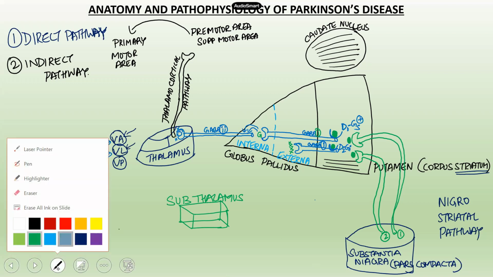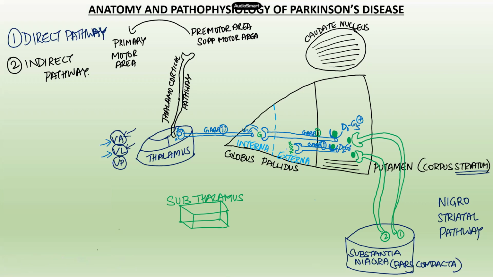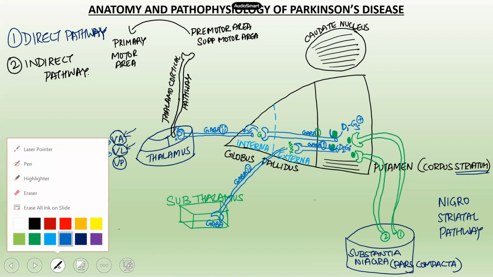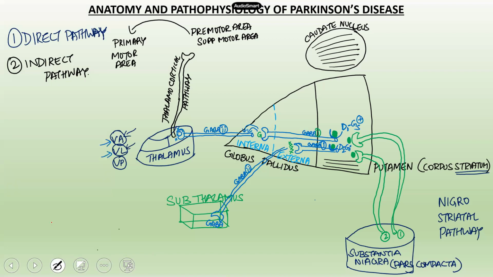We have got another GABAergic neuron that travels from the globus pallidus externus towards the subthalamus. Now, since GABAergic neuron number 1 was not able to inhibit the GABAergic neuron number 2, it will release GABA over here. Right. Now, from the subthalamus, relay impulses go towards the globus pallidus internus. And these are your glutamate neurons. So from here,